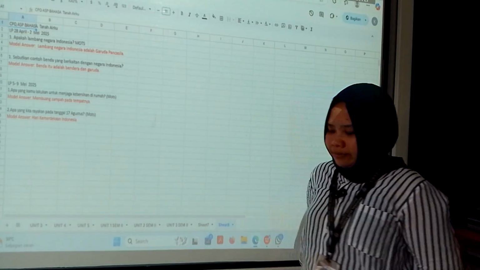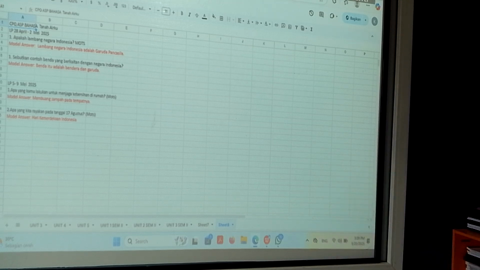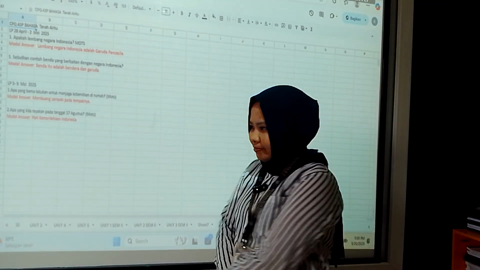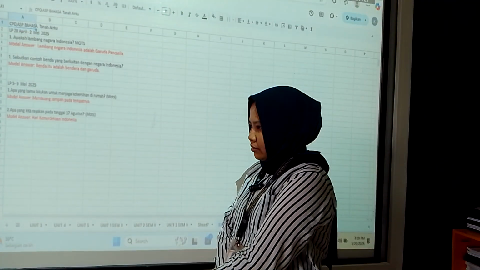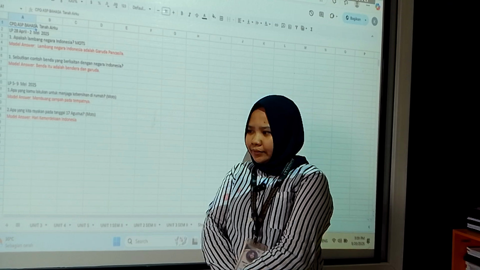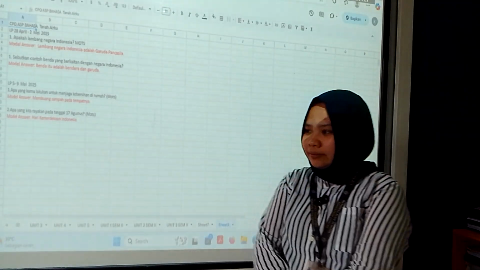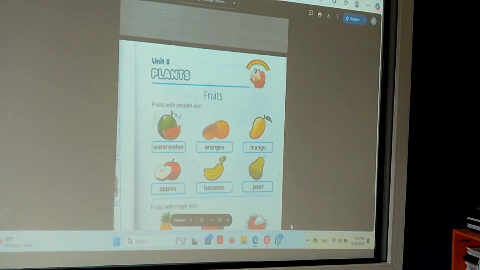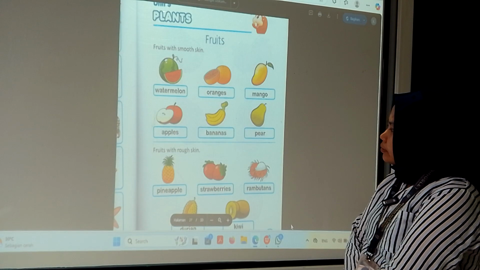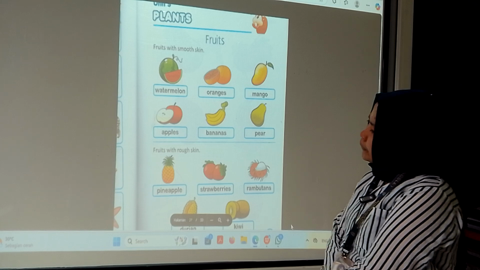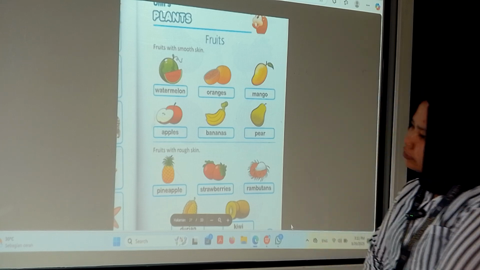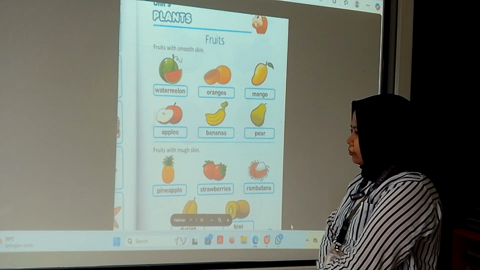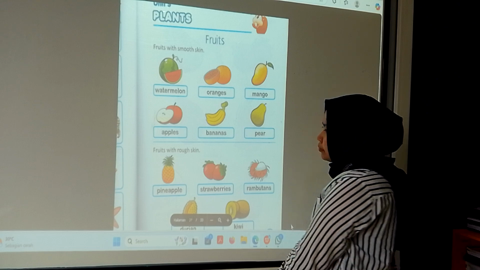Okay. All right, I think that's all for the evaluation today, Miss. Before you show this picture, for example, like this one, the fruits, at first you need to explain what plants are, and then you go to the fruits.